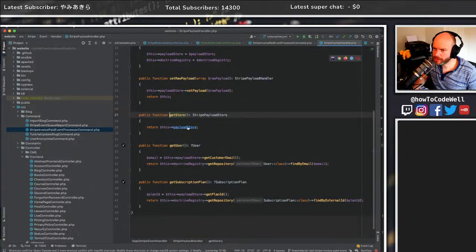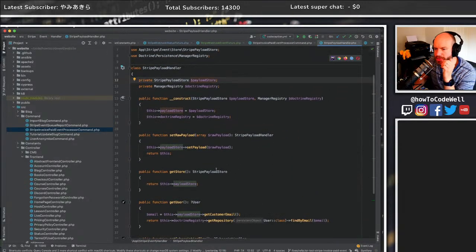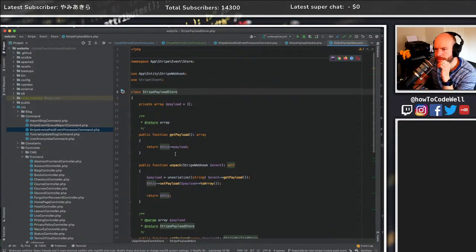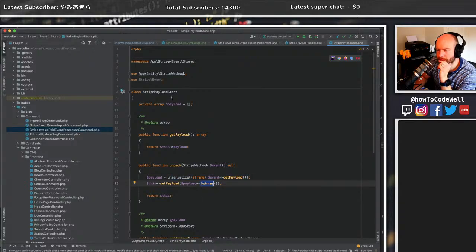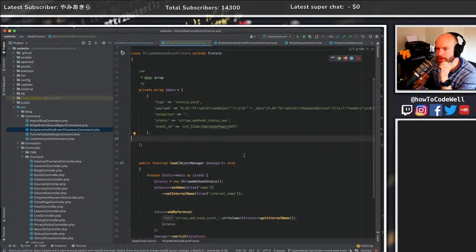So get store. This is what we were doing the other day, wasn't it? Pay store, pay the store here. So when we unpack it, it is literally unserialized, and then we do toArray off of that. So I suppose what we could attempt to do